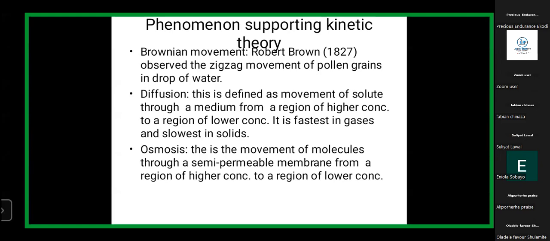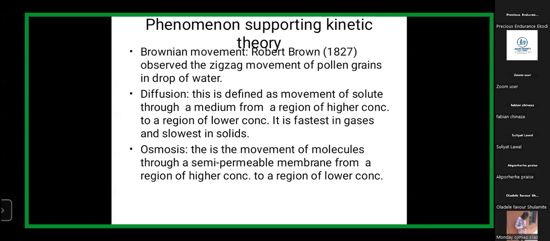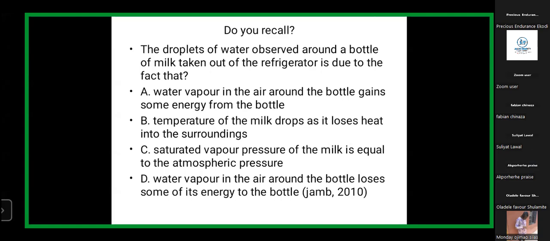Please, you can also test this in your houses. You have a cup of water and you put maybe a tiny speck of dust inside that water. Observe very well. You notice that the speck of dust is moving. That is Brownian motion. So these are the three things that support the kinetic theory of matter. Phew. Okay, now we've highlighted, this is all I said we're going to discuss today. So I have some questions to ask by way of revision. These questions actually come out in your past questions. I saw them from some past questions. So that shows you that this topic is very relevant.